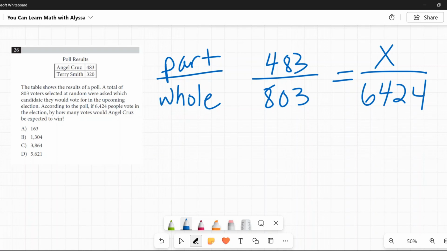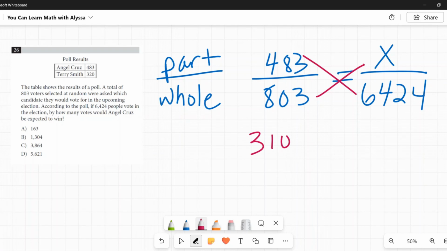Okay, so this is the first method. You can solve for the votes that Angel gets by cross multiplying. 483 times 6,424, which I can do with mental math, but not that I can't, is going to give me 3,102,792. And cross multiplying the other way is